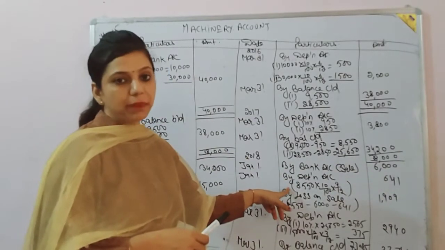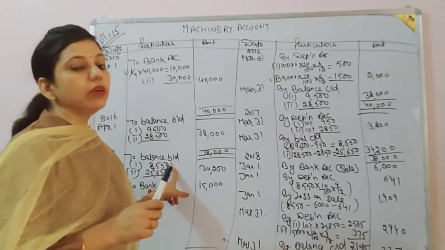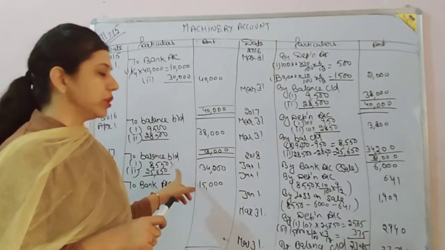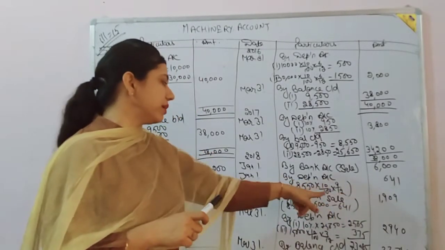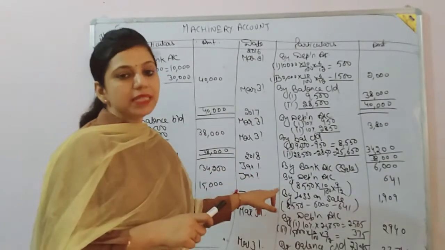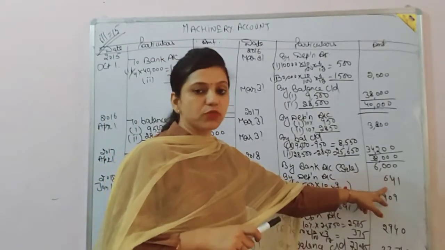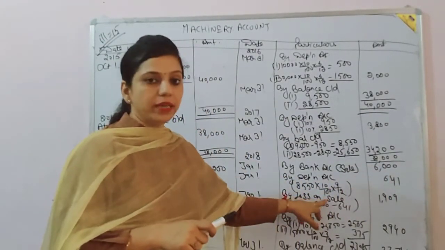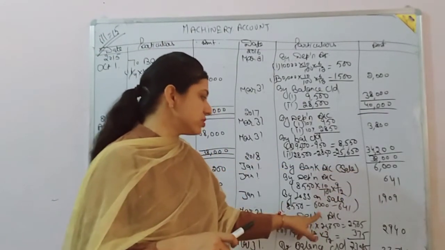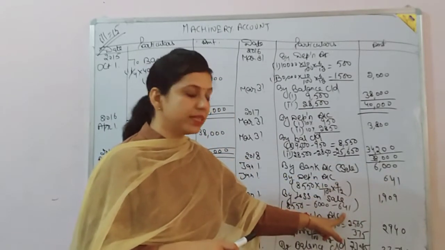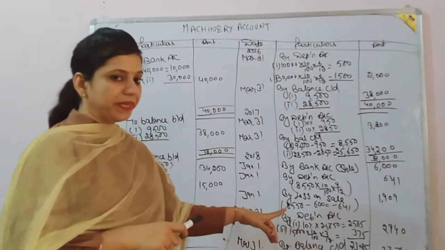We have to calculate depreciation till the date of sale. On 8,550, as I told you, depreciation will be calculated on the balance brought down. So 8,550 multiplied by 10 by 100 multiplied by 9 by 12. How 9 by 12? From April to January. January should not be taken because it is the first. So 9 months, that is 641. The balance will be the loss on sale. How is it computed? 8,550 minus sale value 6,000 minus depreciation till the date of sale 641. So the loss on sale will be 1,901. I hope it is clear.